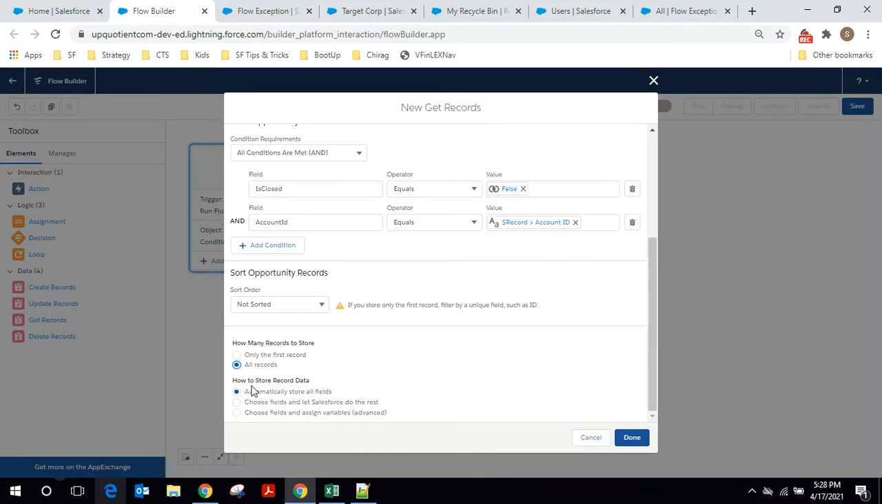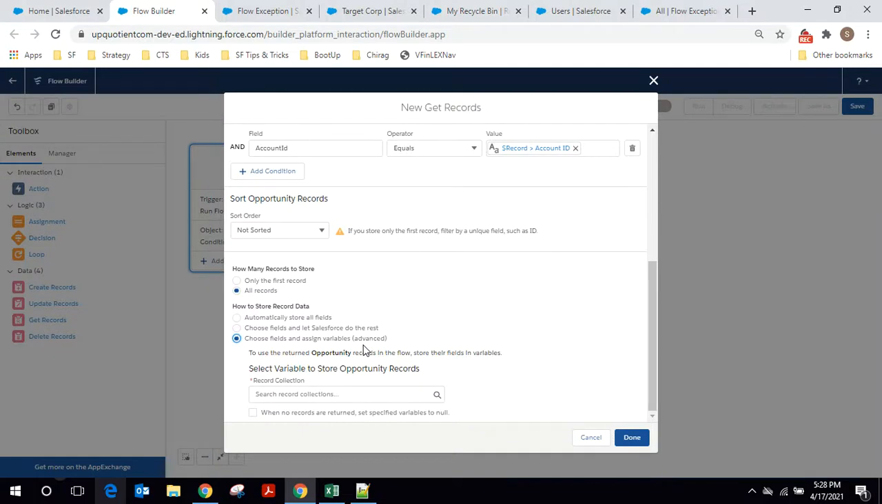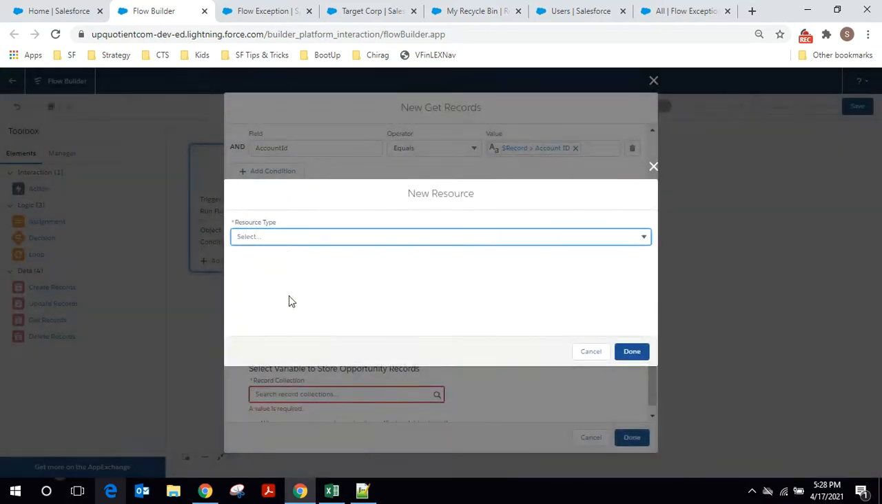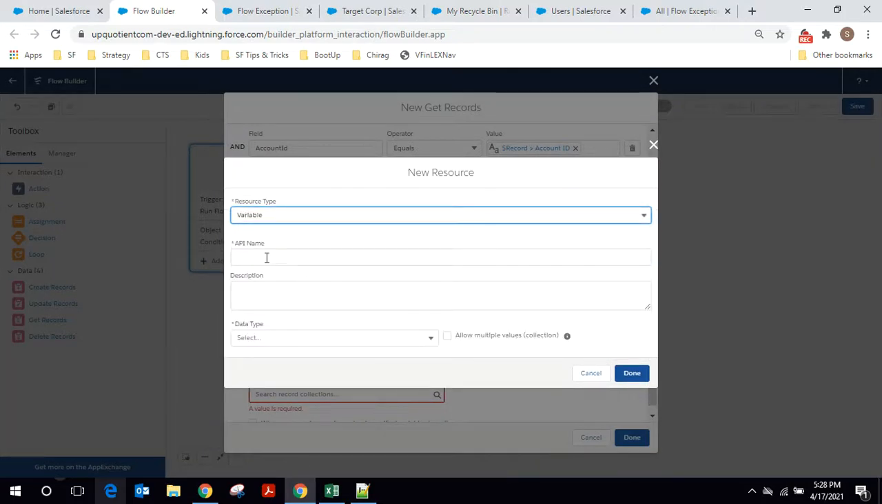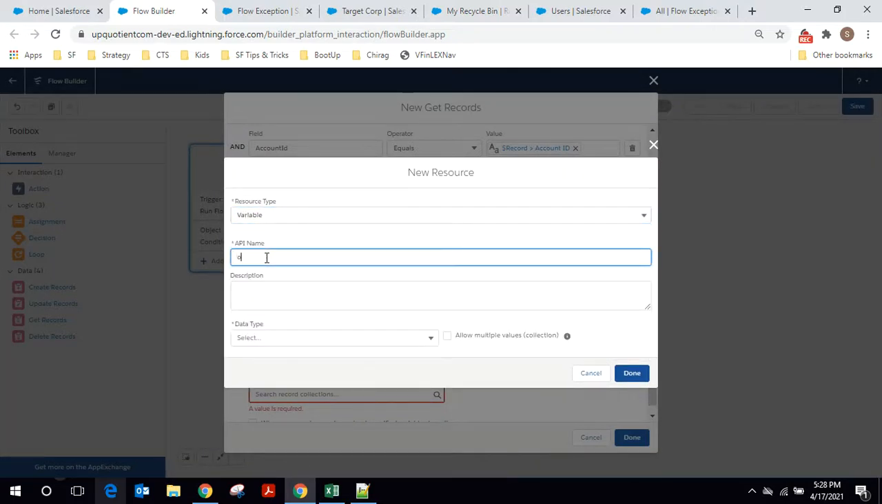So I wanted to store the record data into a collection variable, right? All the opportunities that I retrieve should be pushed inside an opportunities collection variable. So let me create a new resource. That's how you create a variable, right? So Variable, and API name is going to be objOpportunities,